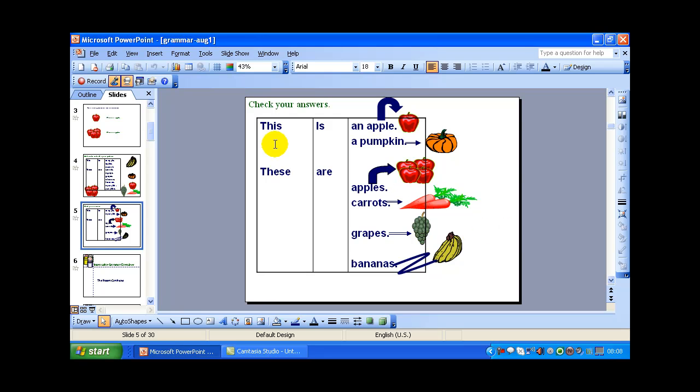Here I have selected the sentences. I have removed all the sentences that are not necessary for them, that do not have the pictures, and I have selected only those sentences that match the pictures, and I have put in some arrow marks here, and they will appear one after the other through custom animation. I have set this under the Slideshow menu, in custom animation. I have set it in such a way that these sentences appear one after the other along with the picture for the students to see.